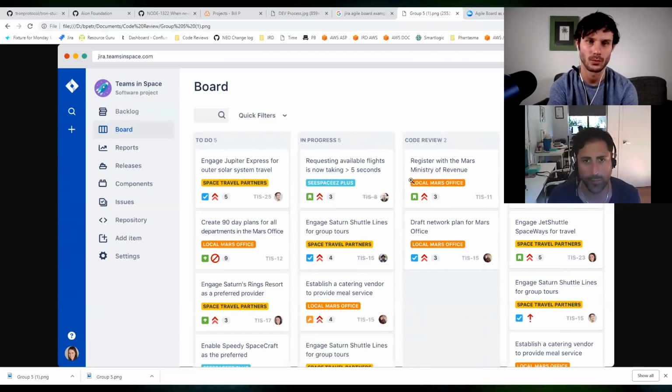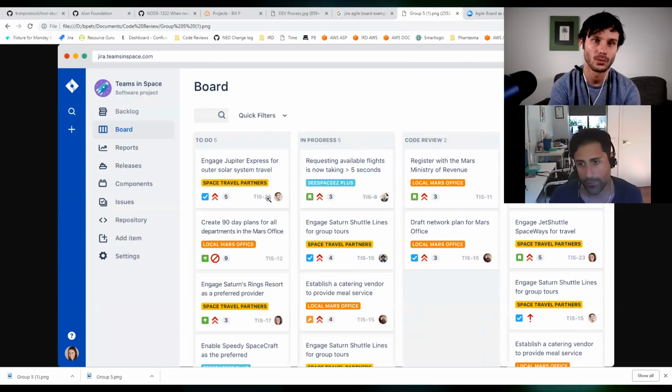You can have as many of these columns as you want. With some of the projects that I work on, there's like 15, because it has to go through so many steps. And it's a really, really good tool for managing your projects. And what you can do also is break up these Jira tickets. You can see how each one of these has got an ID. You can break out these Jira tickets